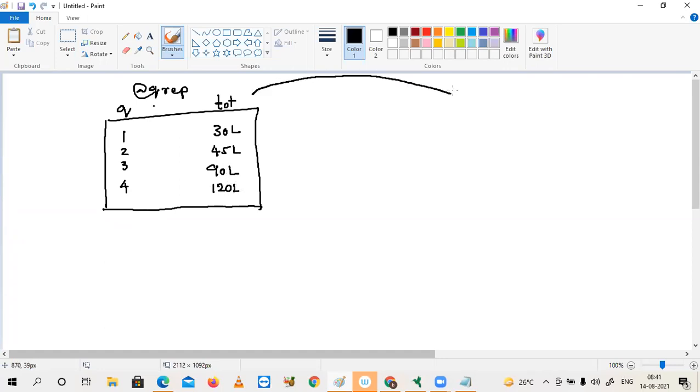Self join is the best solution, but I'm going into the internals of self join. Instead of directly taking the self join, I'm taking a copy of this one.